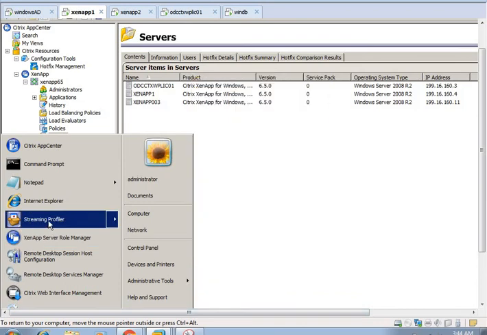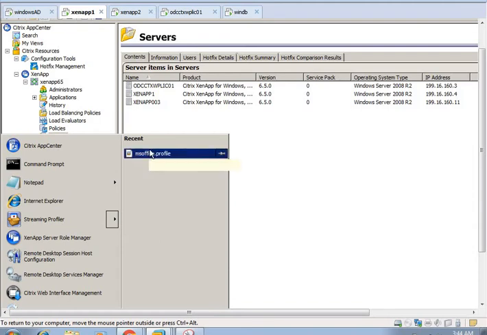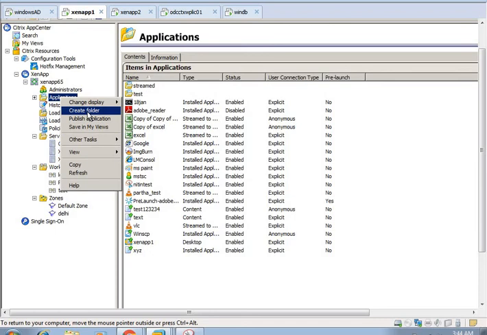Apart from that, this is the streaming profiler, so that we can create the streaming profile, and the extension of the streaming profile is always .profile. Once we have the .profile application, we can publish it from the Citrix applications as a stream to server or stream to client.